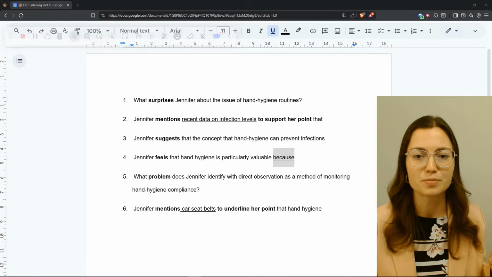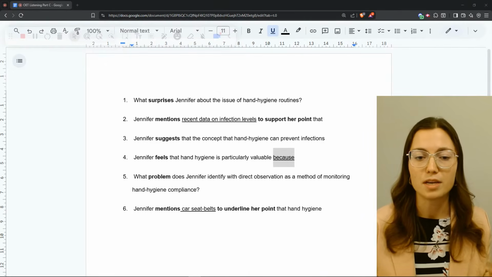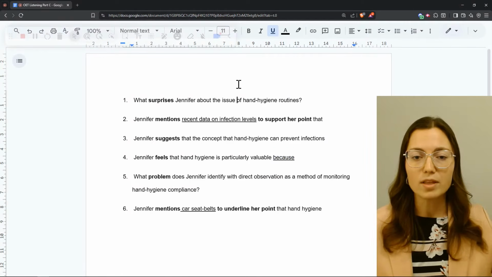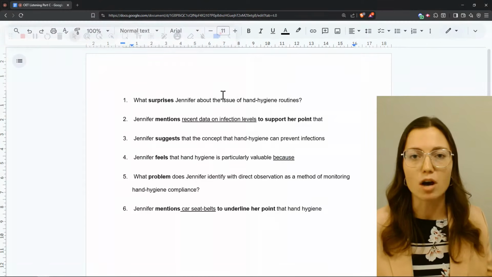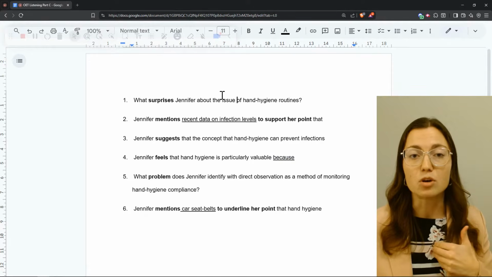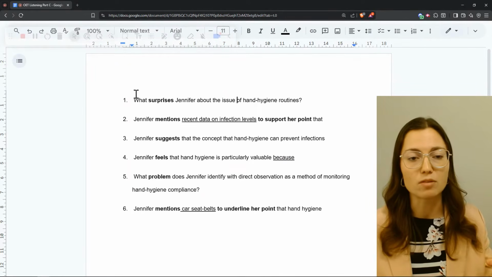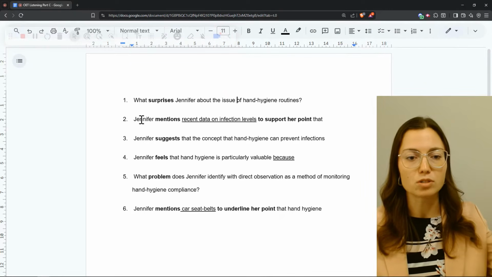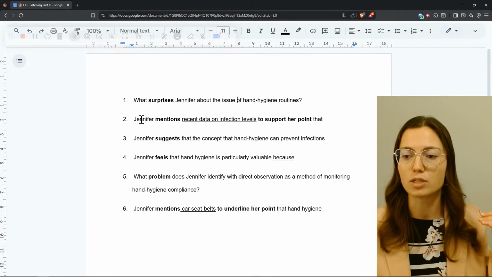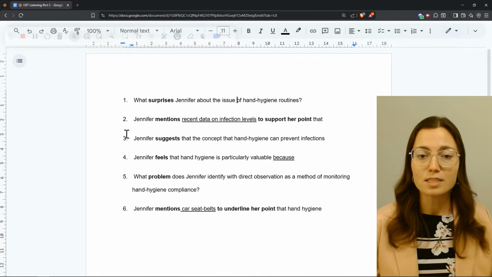Here we go. The other thing I just want to mention before we start, this is a presentation. So that means when there's a transition between the topics, we have to notice that. So we have to wait for when Jennifer starts talking about, for example, question 2. This can be very challenging.